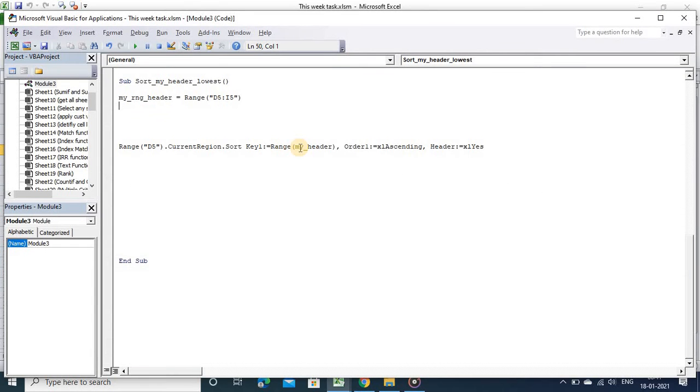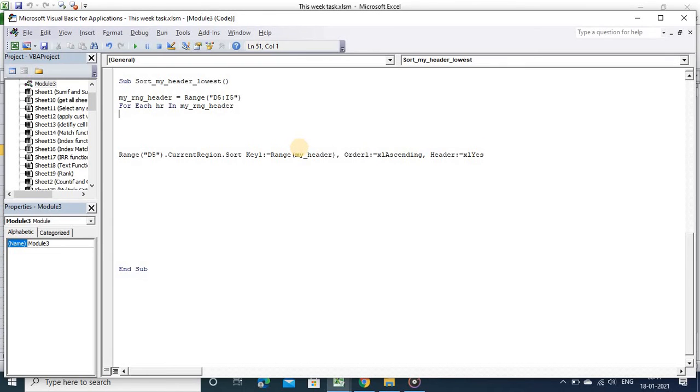I want to sort this. Simply I will run a for each loop, for each HR in my range header. Whenever you want to run a loop on cells, you have to set this, so it will store in a specific variable permanently.